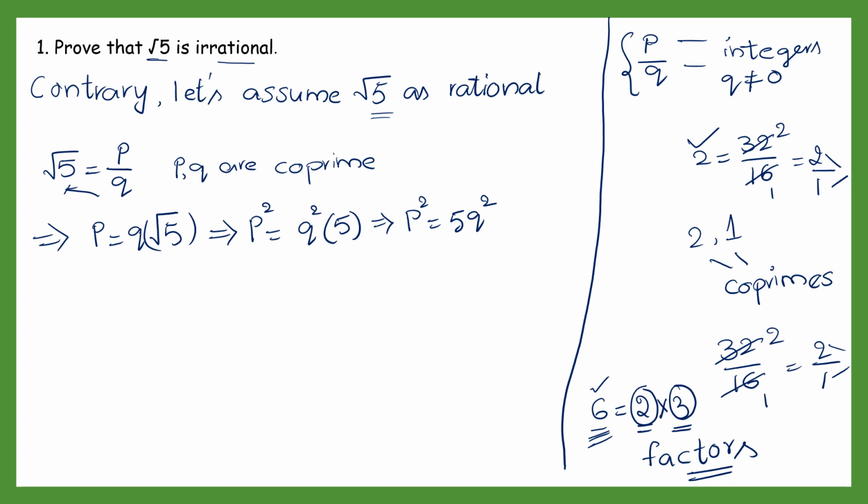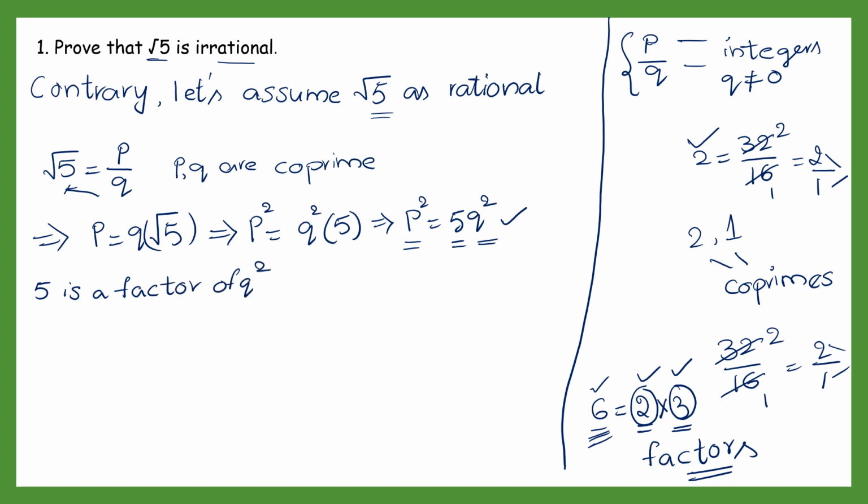So here also you can tell that p square we are able to write it as 5 into q square. That means 5 and q square are factors of p square. Correct? Here you understood, right? 6 is equal to 2 into 3. So 2 and 3 are factors of 6. Similarly, here p square is equal to 5 into q square. That means 5 is a factor of